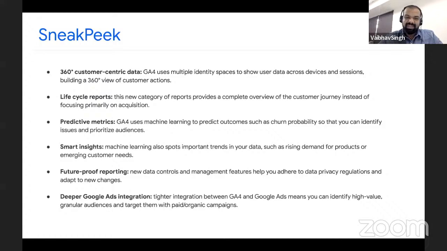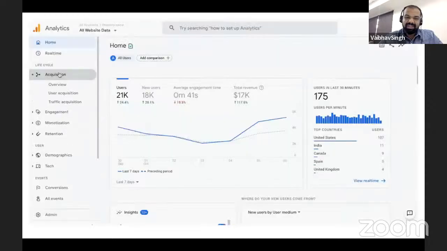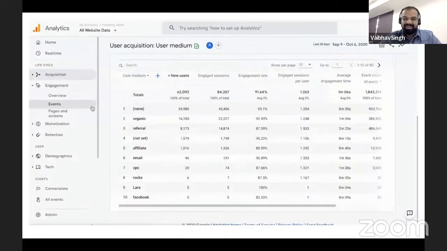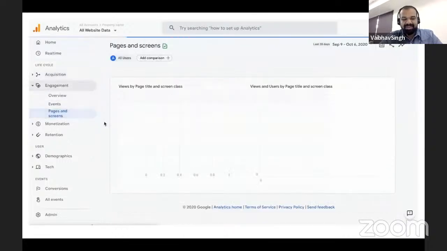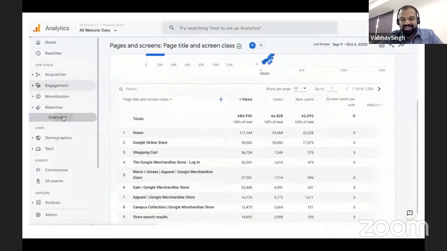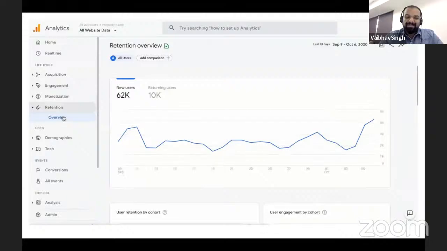Now, this is what it looks like. So we are going to let it play in the background, and we'll talk about a little bit of what new has been added. There's a mixed response coming from website owners as of now, that the new dashboard has become a little bit complicated.